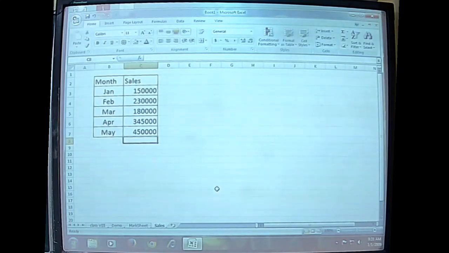So these are the various sales made by a company in the various months.